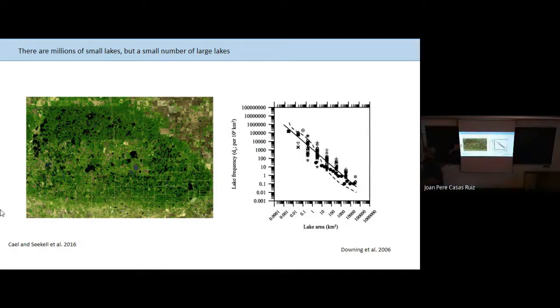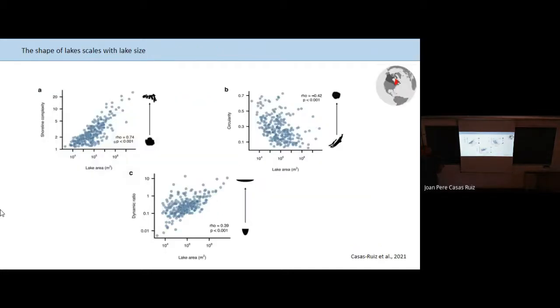And this is an example of a size distribution of lakes in a common lake district that you can find. I don't know if you can see it from there, but it's full of small lakes, like hundreds of small lakes, and then some of them that are very large, right? So usually small lakes dominate. And the size of the lakes is actually linked to their shape, okay?